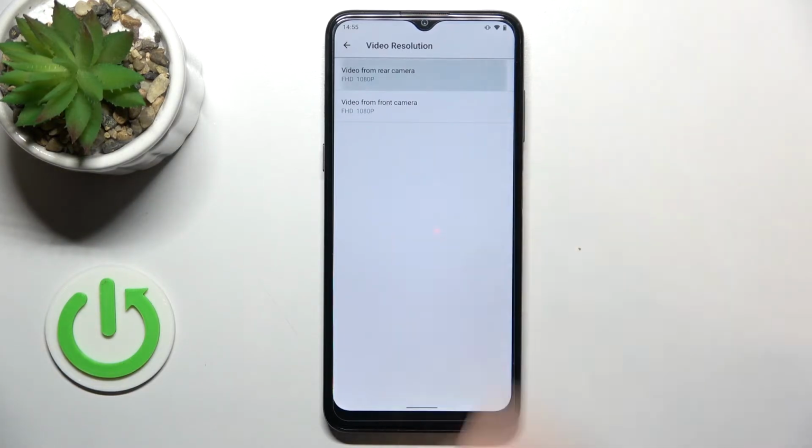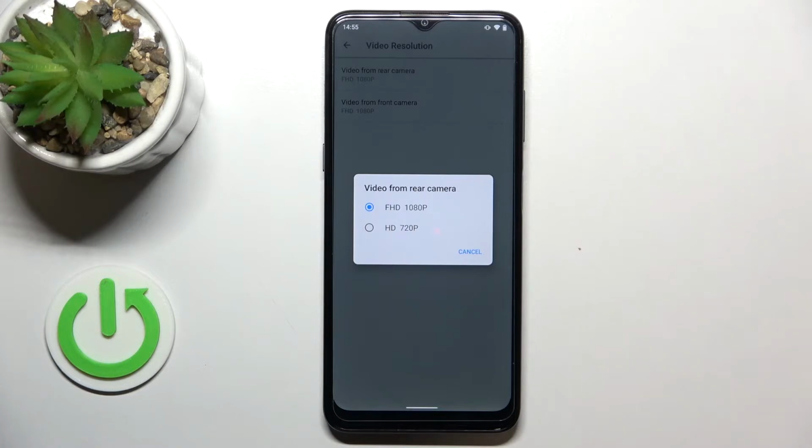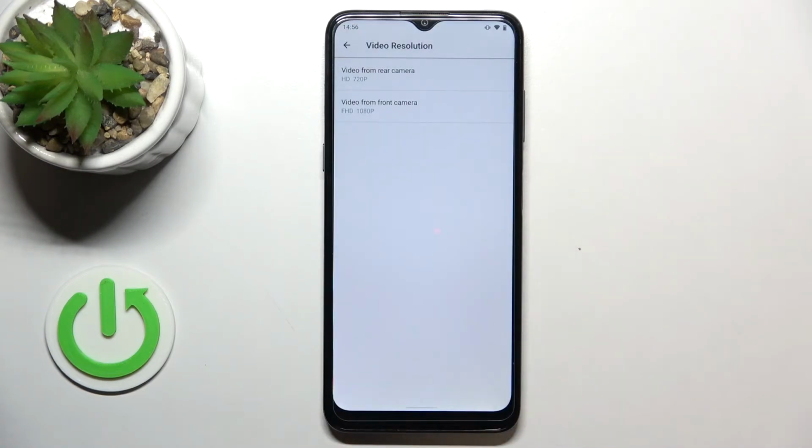So let me pick, for example, this one, and as you can see right here we've got only two different resolutions. Currently we've got full HD with 1080p, but we can set also the HD with 720p, and as you can see, after tapping on it, it will be immediately applied. It is notified right here, which means that from now on your device will use the